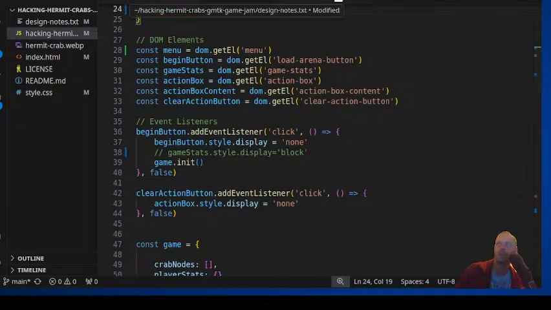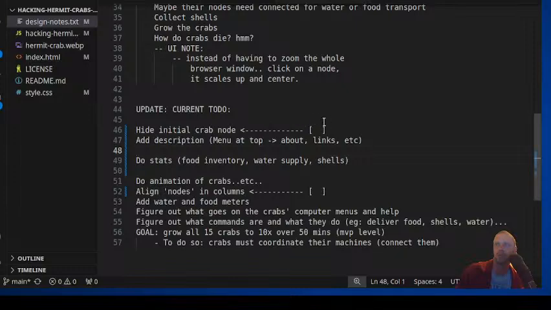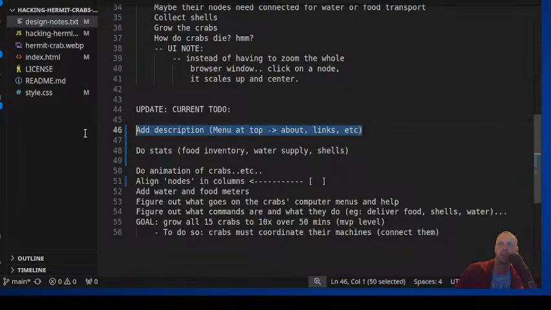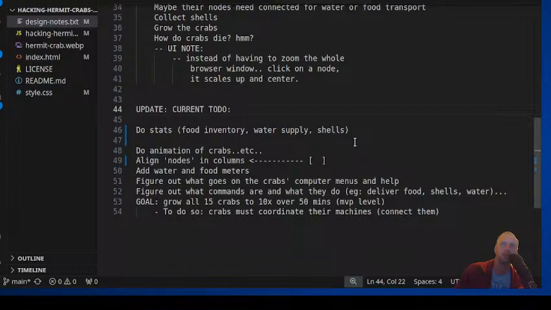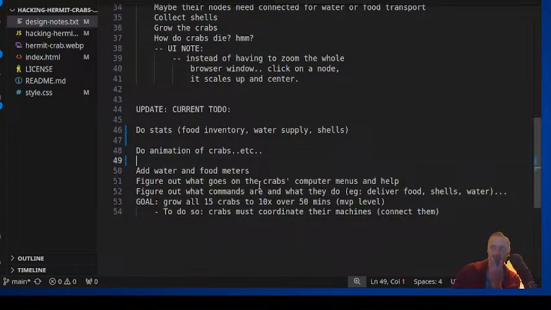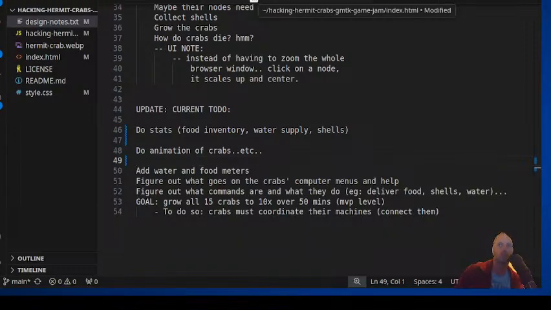Let me go into design notes. Hide initial crab node. It's gone. Add description menu, top about, links. That's there. Just nothing. No content. Do stats. Not doing that yet. Animation of crab sounds fun. Align the nodes and columns. Not doing that yet. Add water and food meters, so to the right of what commands are, the computer menus and help. So here's a big one. When you click a node,